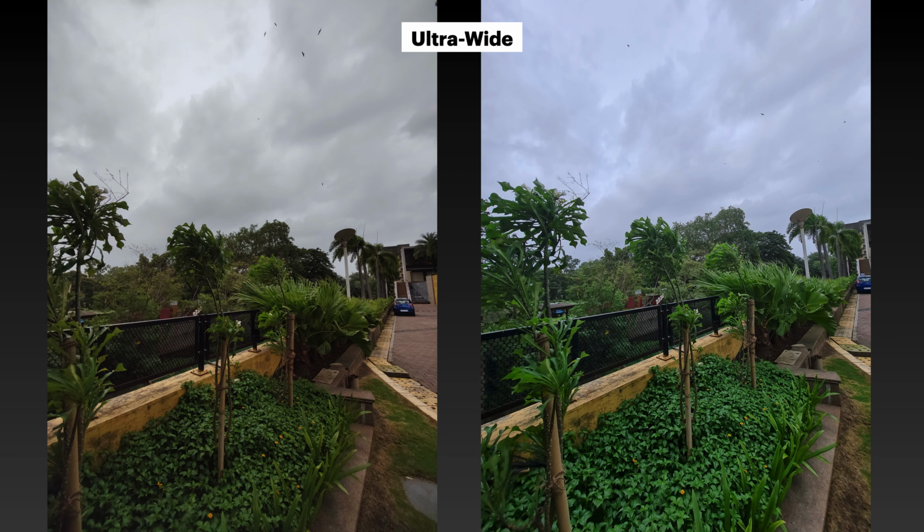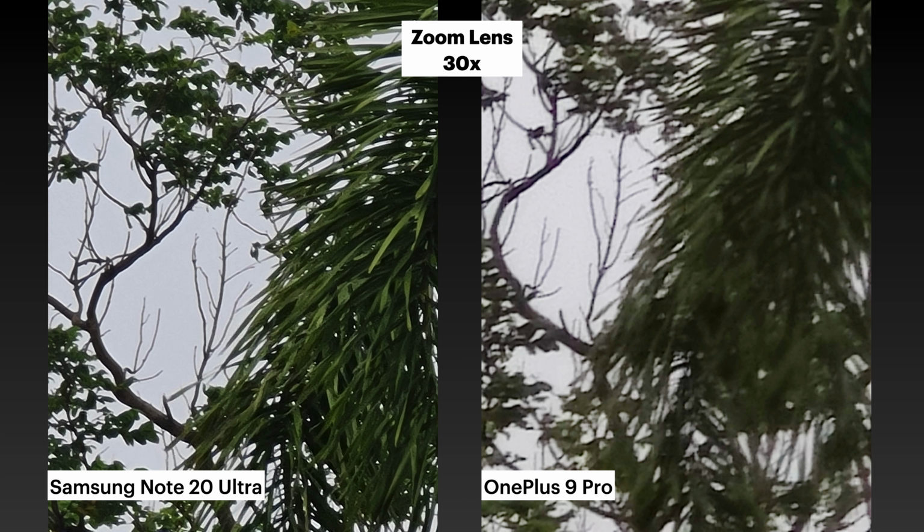Okay, now this is a 30x zoom. The Samsung has a 50x zoom while the OnePlus has a 30, so this is the maximum it can go to. And I really tried to take a steady image, but the OnePlus just wouldn't capture a good detailed image. So this is what we've got. It is a tree, and the Note 20 Ultra hands down wins. It does really well with zooming in on subjects. So I think there is no comparison here.